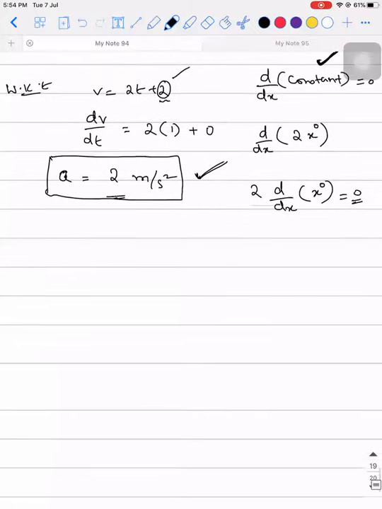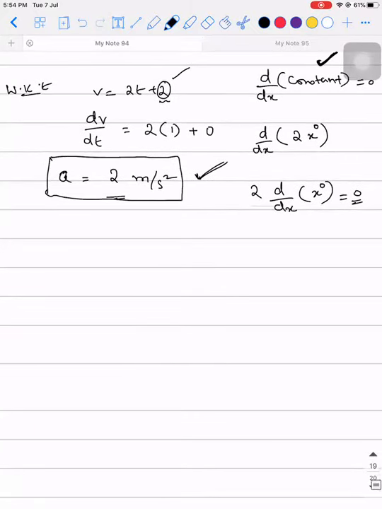That's it. So I can show you one best example of what you already know, and how this differentiation will help you. We know this expression, right? S is equal to ut plus half at square. In this, what are all the variables? How many are there on the right hand side? There are 3. What are the 3? U, T, and A. Out of all the 3, which one is constant?